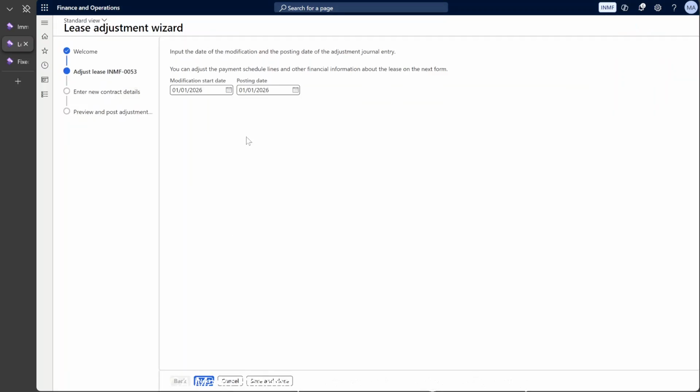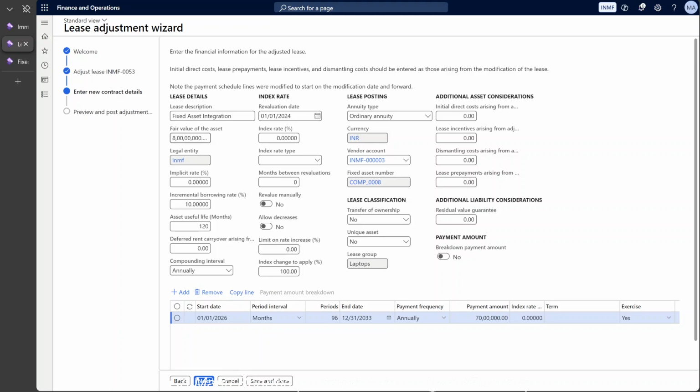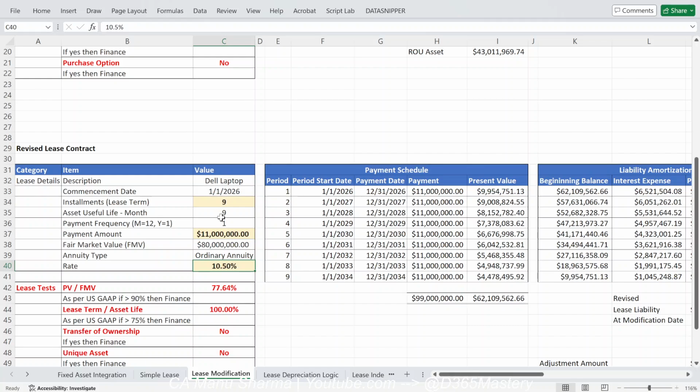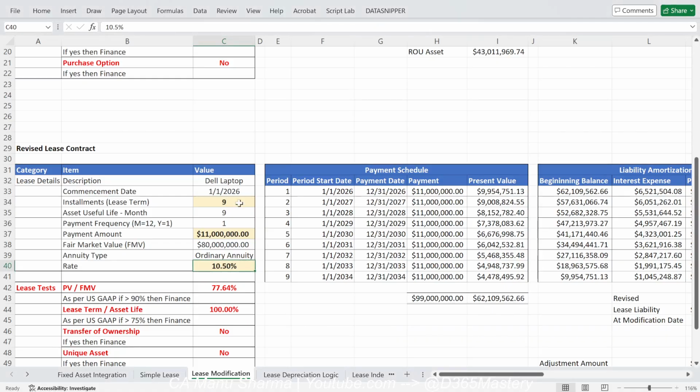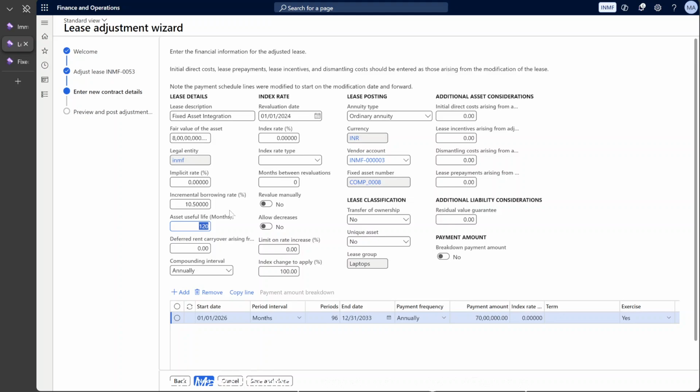Now click on the next button. The modification date is this one. Now click on the next button. Fair value of the asset: I'm not going to change that. I'm just going to change the incremental borrowing date. Now, asset useful life: I am not going to change it, but we need to change it when we are doing the modification. Then we can put the useful life of the asset if you want. That depends on your finance team, whatever they like to do, they can just do it, right? And